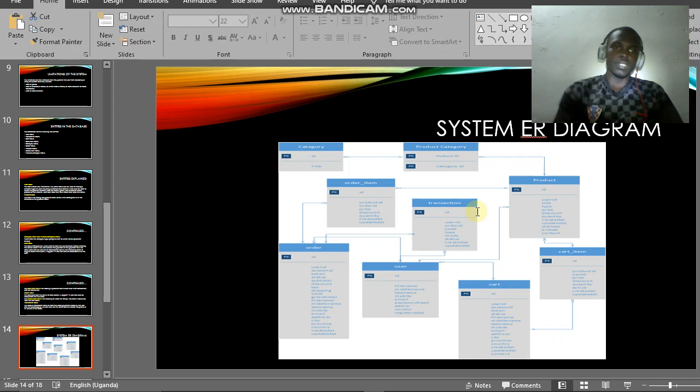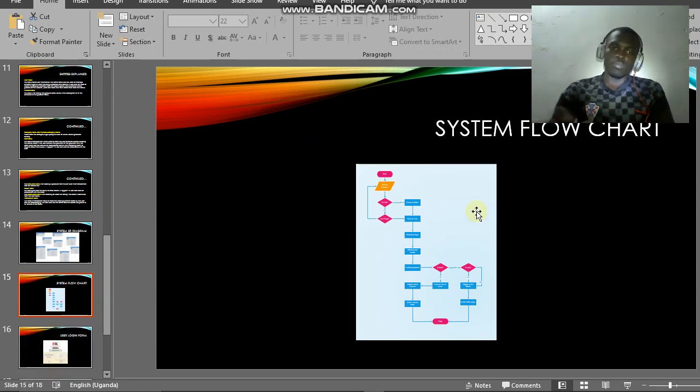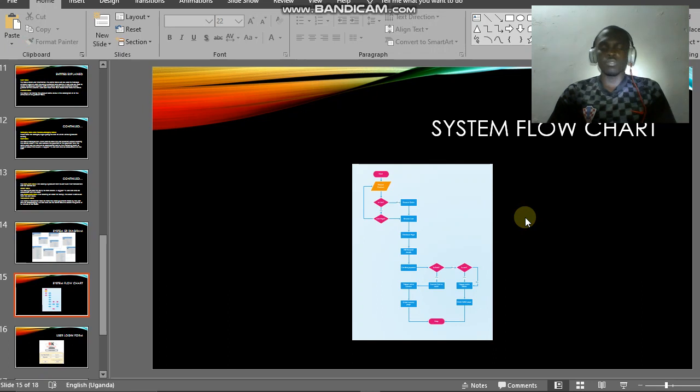So this is our ER diagram. It is showing the relationships between our tables. As you see, it is not well clear, but if you want to see it properly, you have to open the PDF that is attached to this video, which contains the ER diagram, which is clear. This is the system flowchart. It is also small. We cannot enlarge it, but if you want to access it, you just need to go into the